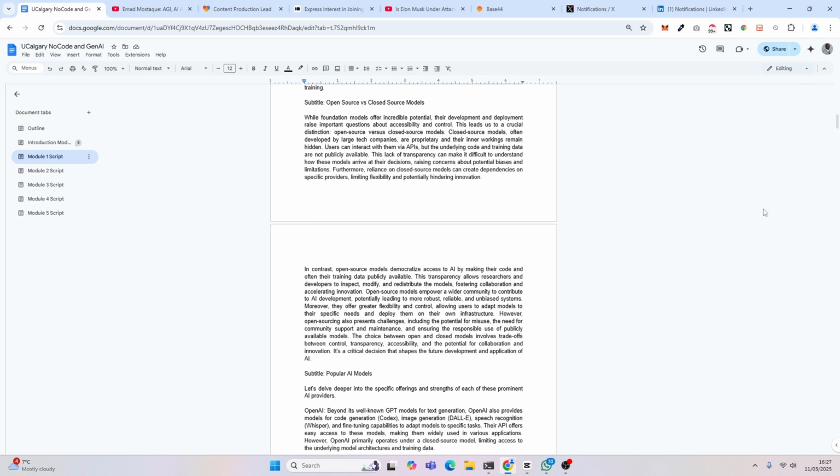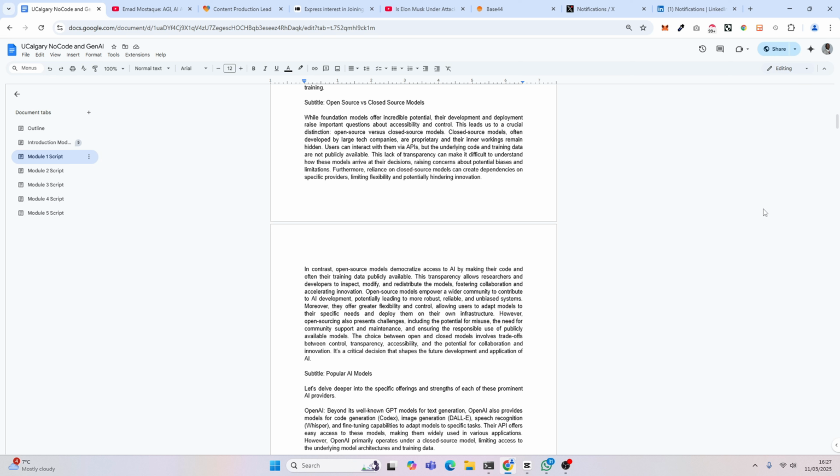Users can interact with them via APIs, but the underlying code and training data are not publicly available. This lack of transparency can make it difficult to understand how these models arrive at their decisions, raising concerns about potential biases and limitations. Furthermore, reliance on closed source models can create dependencies on specific providers, limiting flexibility and potentially